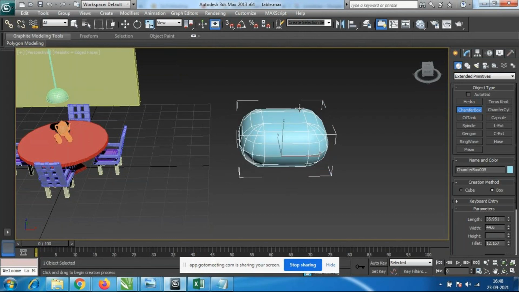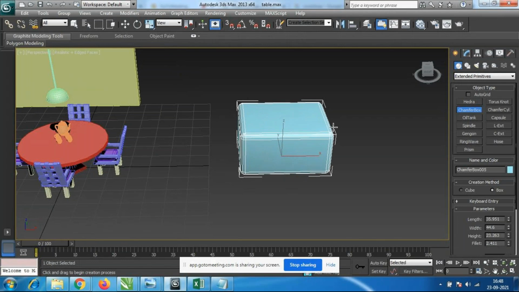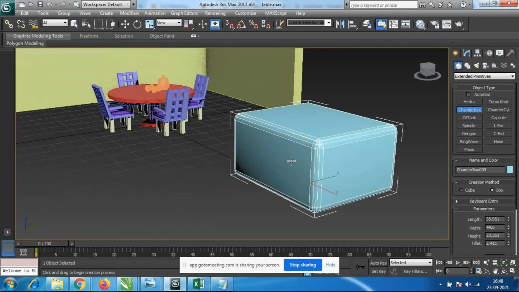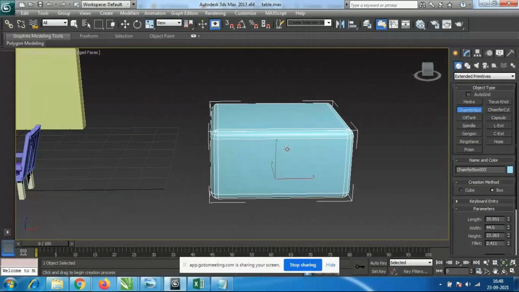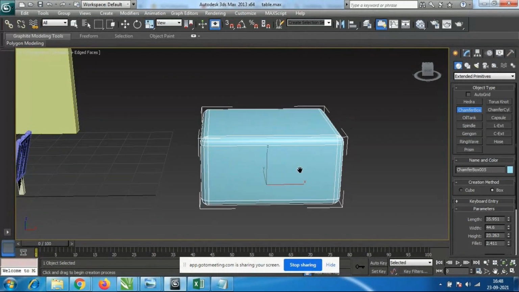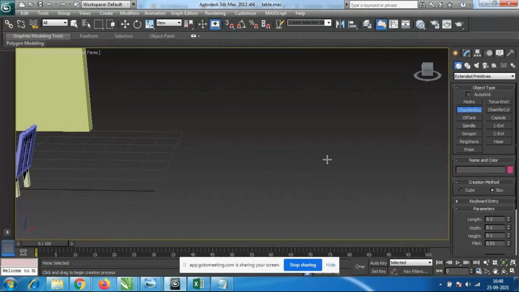See, it has become like a pillow. I don't want this much sharpness. Some furniture does not have that much sharpness, so when we are going to create the sofa, we have to use this chamfer box tool itself. So chamfer box is very important.